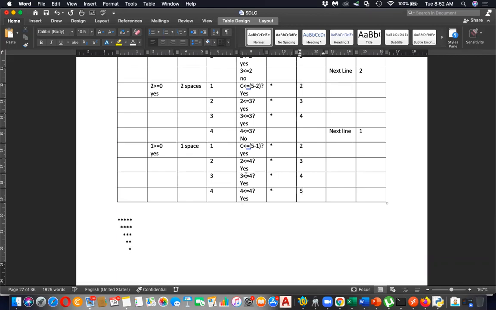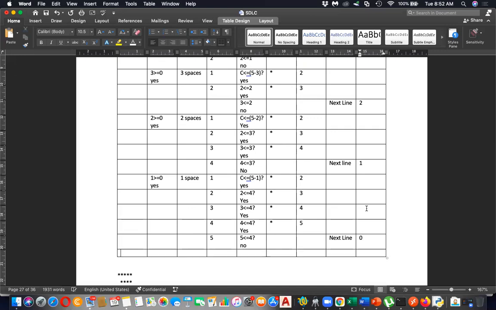Now it's 5. 5 less than or equal to 4. No, it's not. Then it will go to the next line. And now SP is 0 because it will decrement further. Then 0 greater